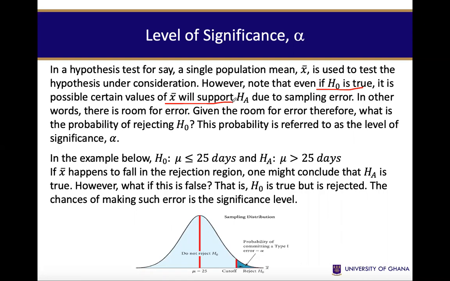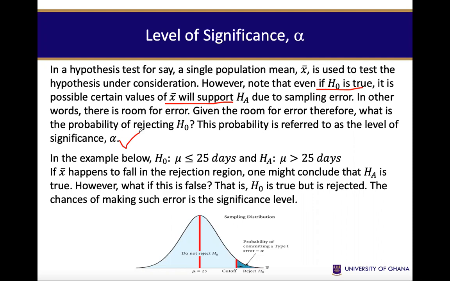So we need to give an allowable room for error. Given that you have an allowable room for error, you want to find the probability of rejecting the H0, and that probability is what we are terming alpha. We don't want to give so much room for error, just a certain allowable room for error. So in a typical normally distributed random variable, and I believe you have your normal distribution tables here,